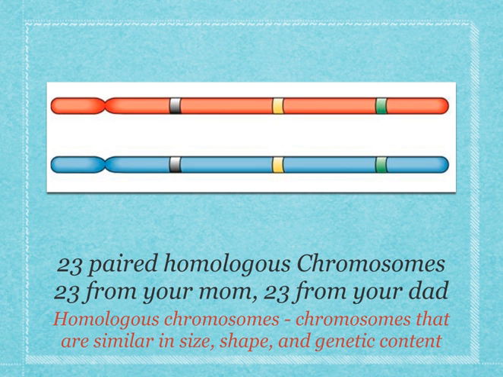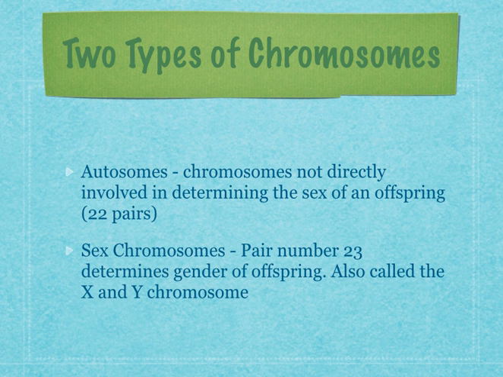Let's talk about types of chromosomes. This is again a review from your book, but I want to clarify it a little bit for you. So we have two types of chromosomes in your body. There's autosomes, which are chromosomes that are not involved in determining the sex of an offspring. So basically it's divided into chromosomes that are responsible for everything else in your body except the sex of the